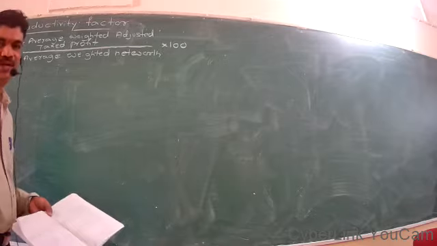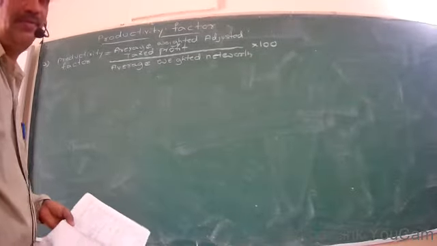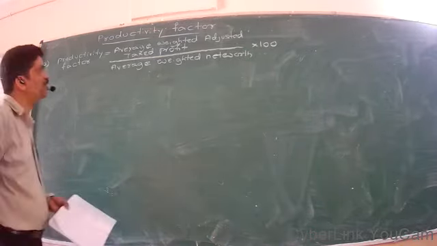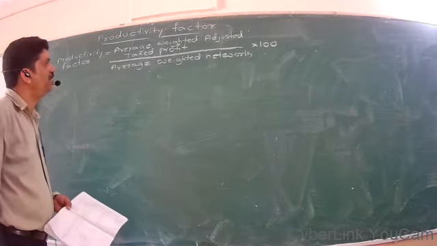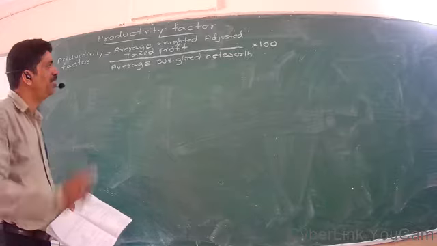So two steps are over. So third step, productivity factor is equal to average weighted adjusted taxed profit divided by